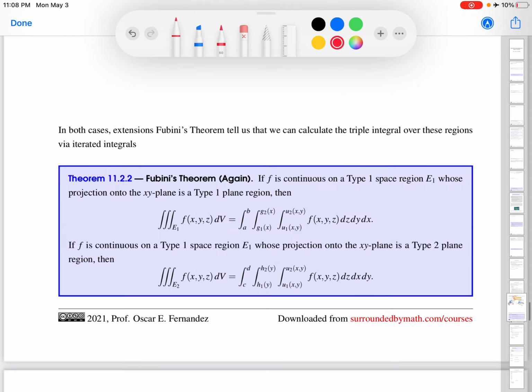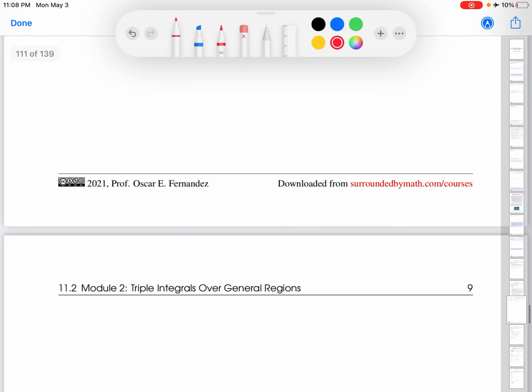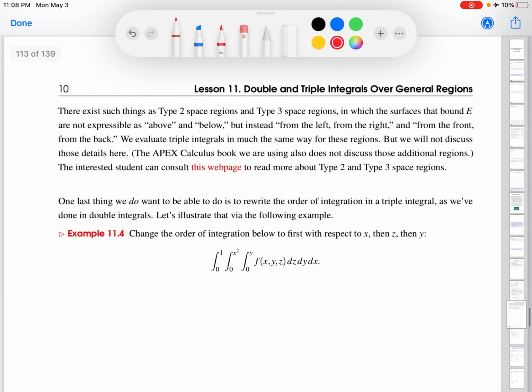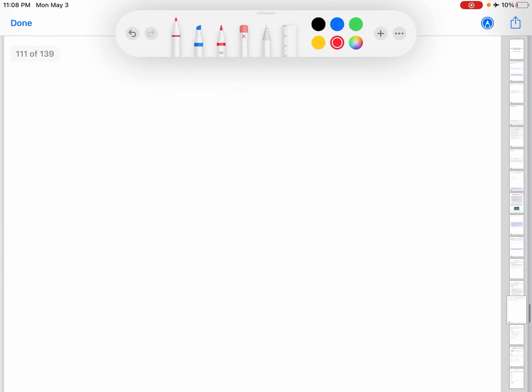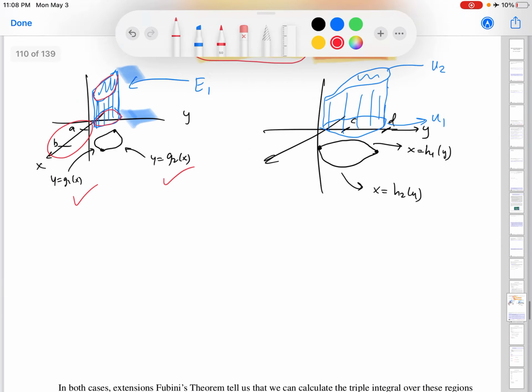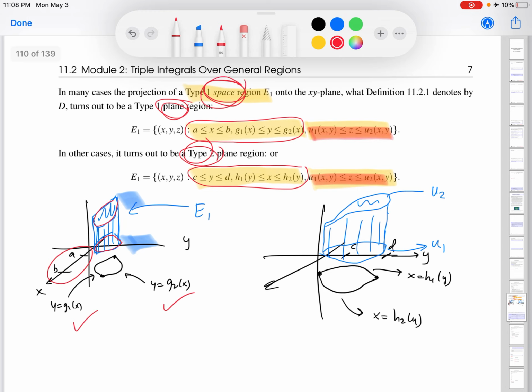I mentioned, let me scroll down, after all of this, which we'll do an example in a minute, that down here I very quickly say, if you're interested, here are some resources where you could go and investigate and learn about that. However, for my purposes, things have gotten complex enough that I will only ask you about the type 1 space regions. Their planar regions might be type 1 or type 2, but I'm not going to get into type 2 space regions, type 3 space